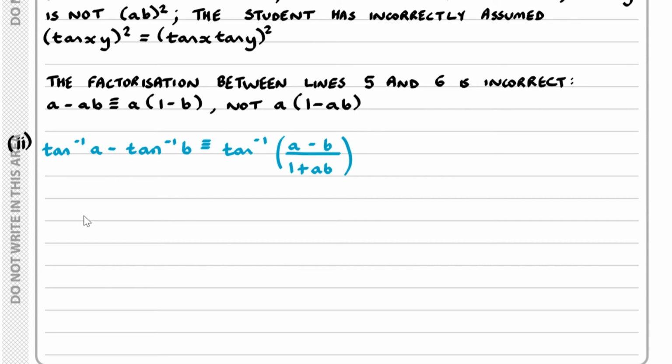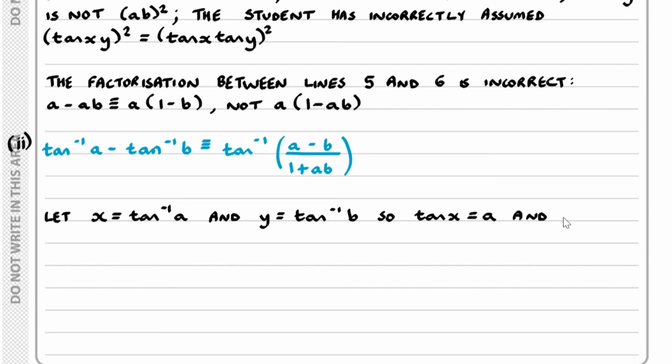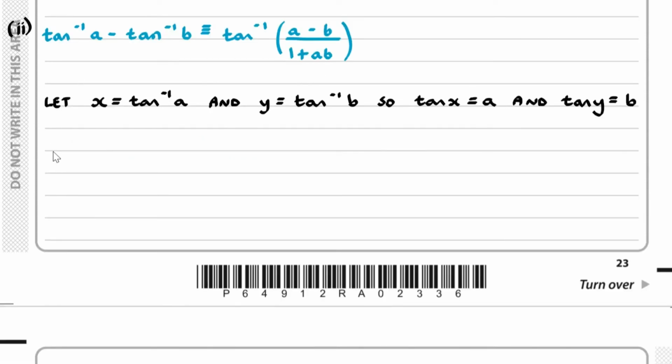So what we will do is we will let x equal the inverse tan of A, and we will let y equal the inverse tangent of B. And if that's the case, then tan x is equal to A and tan y is equal to B. So from this,